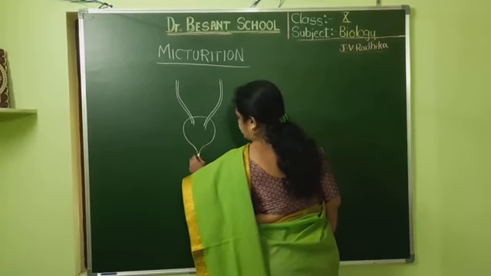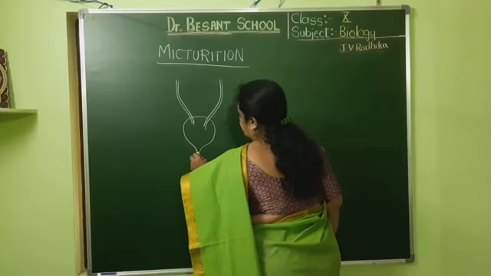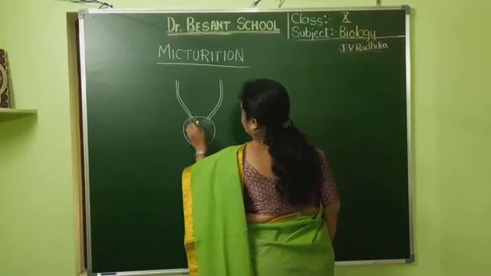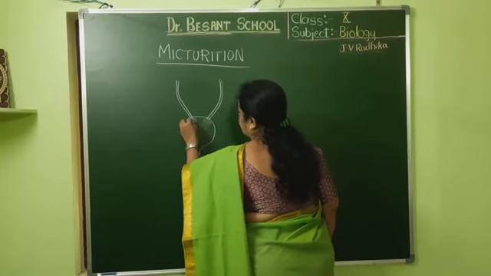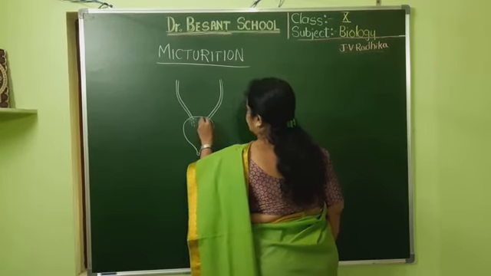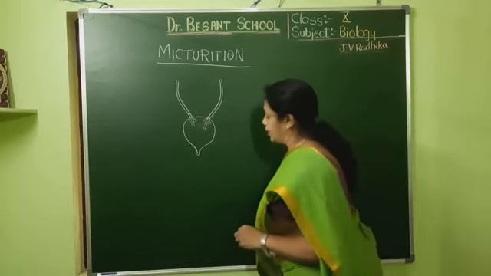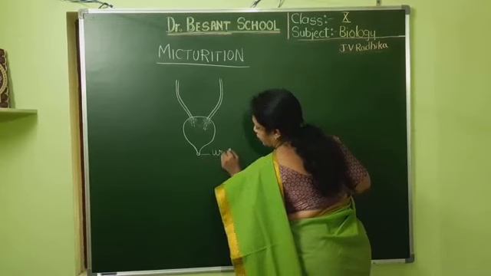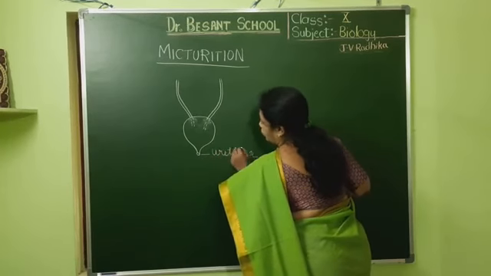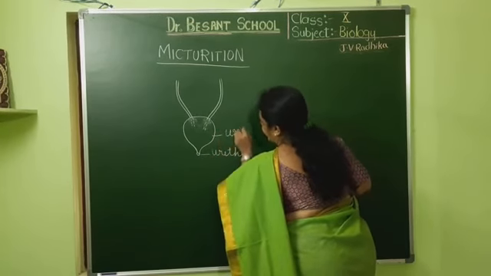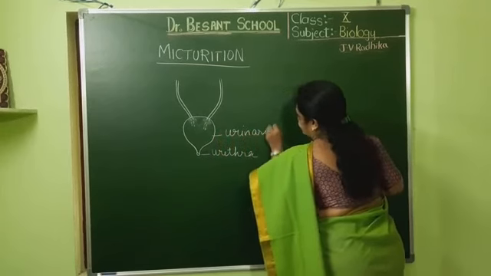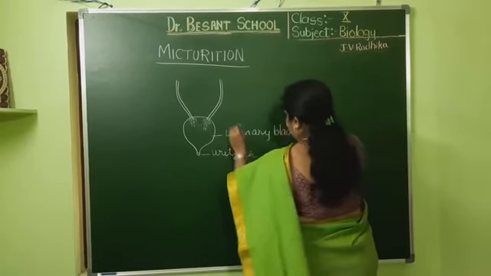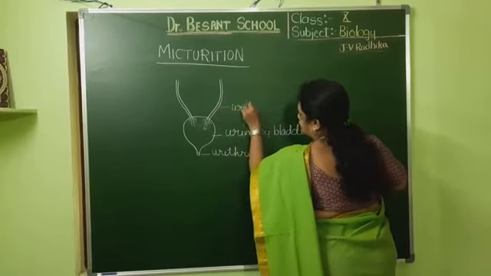Yesterday also I have drawn this diagram, isn't it? So we see that this is the one. From the back they are coming, so we cannot see that clearly. I told that this urinary bladder is highly muscular in nature. So this is the urethra. You consider that this is the urethra, and this is the urinary bladder. These are the ureters.